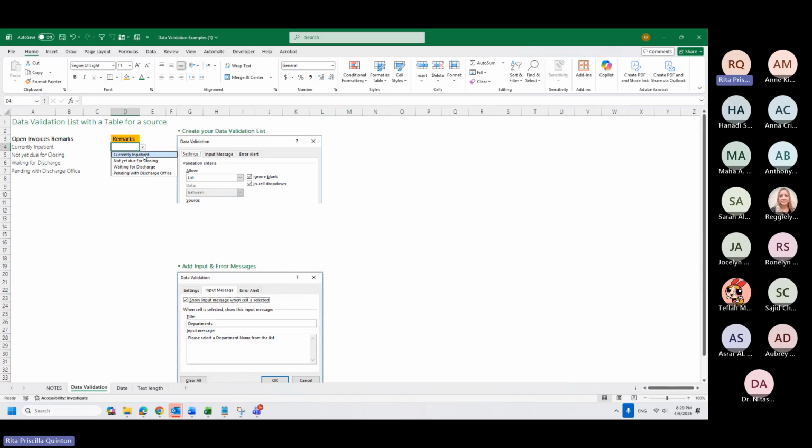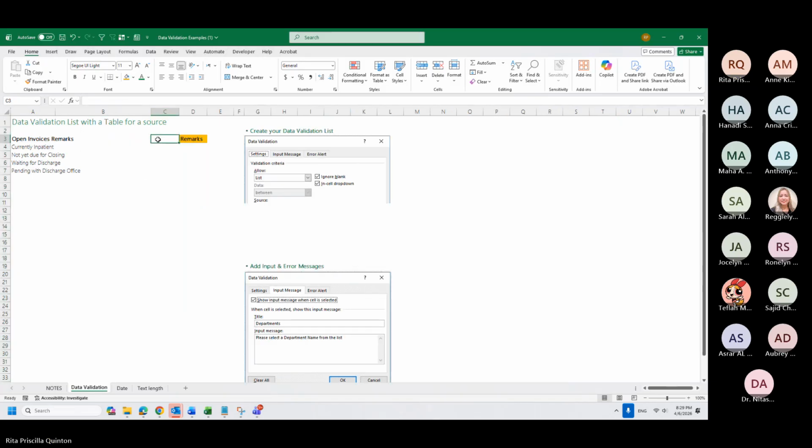So for example, I have open invoice numbers. This one because it's currently inpatient. So waiting for discharge, pending discharge. So this is how we will use it.